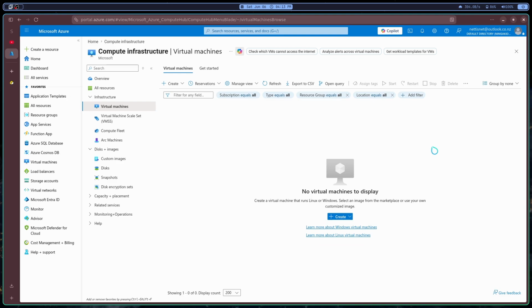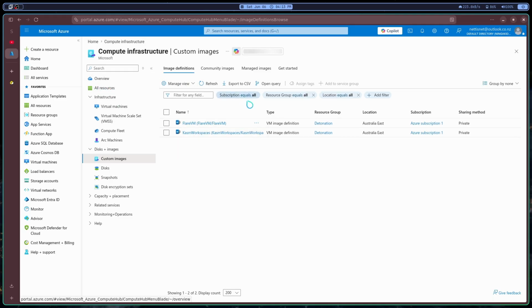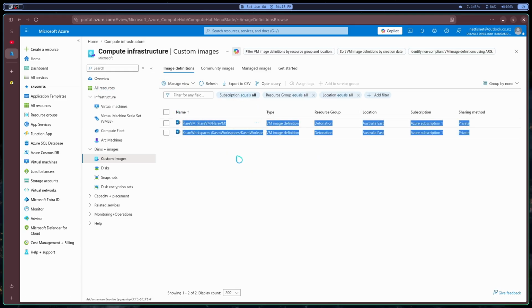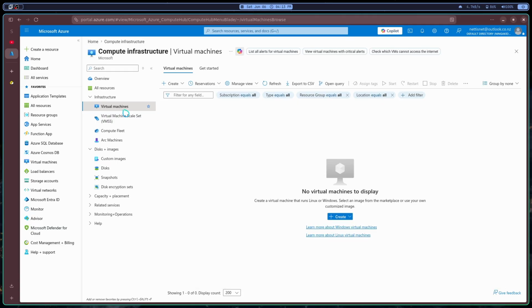Okay, welcome back to the second episode of building a malware lab. As you can see, I have no virtual machines set up. I have completely wiped everything. The only thing that I have at the moment are custom images that we have set up in the previous video. What we're going to do today is use a tool called OpenTofu to help us deploy and tear down